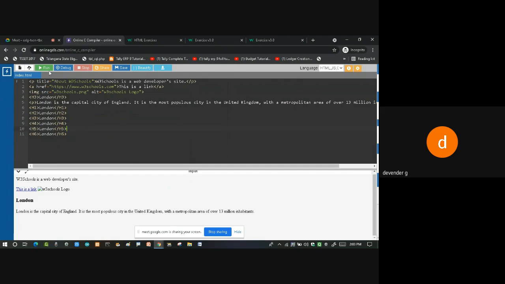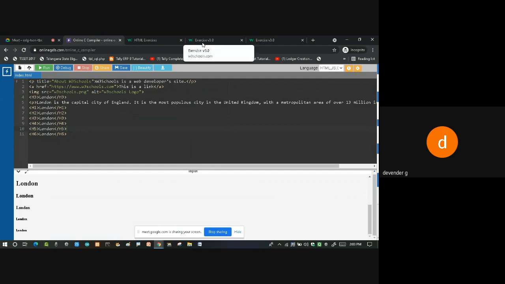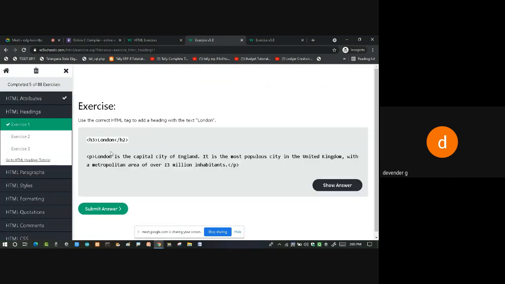Now you can see all different flavors of different sizes. These are all our headings, and you can use any one of them. He wants the heading text London for this paragraph. I'm using H3 to H3, H4 to H4. Whichever tag you want, you can use.